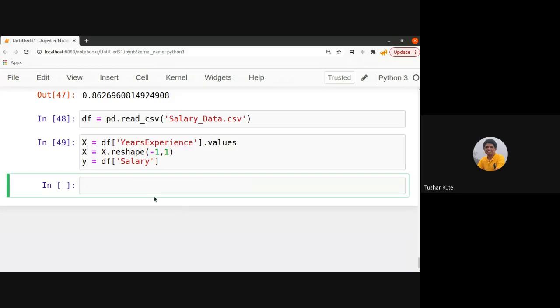So this is what we have done, and we have even plotted it. So let's build a linear regression model of it.